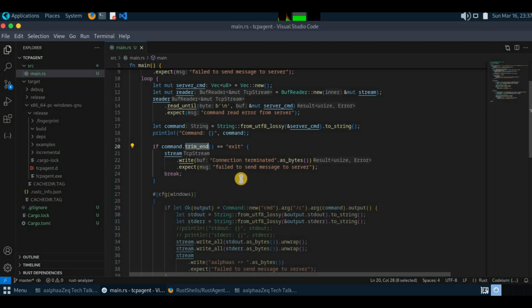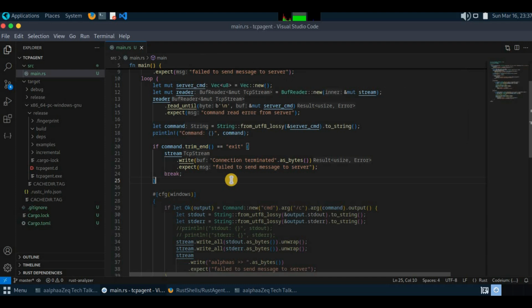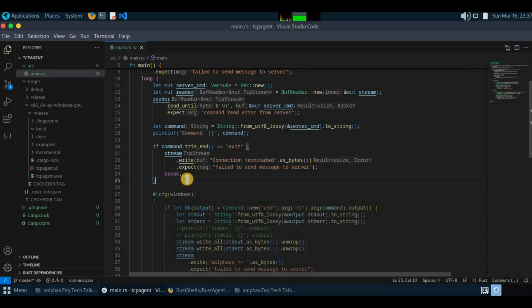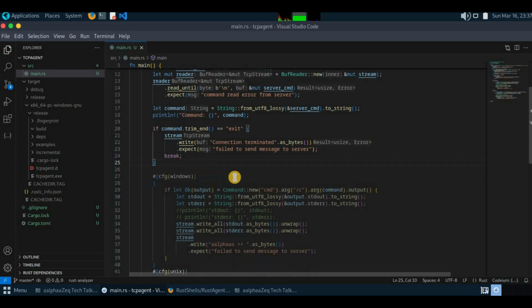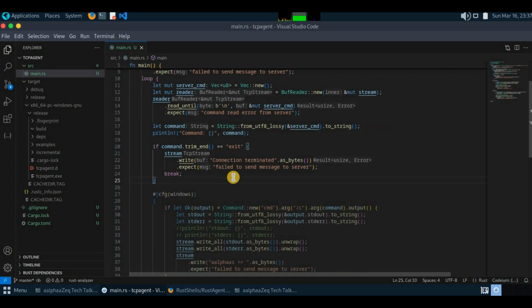Normally the new lines come with this one, but if we add some extra white spaces, that also gets removed using the trim end command. Then now it works perfectly. I don't know, something else that we can add, you can think of that. But